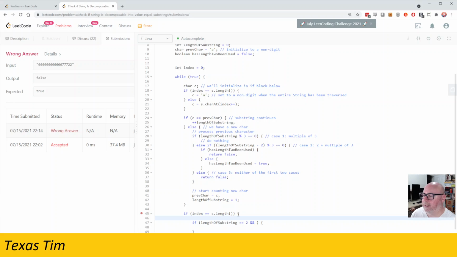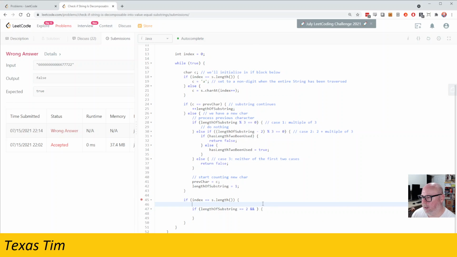So if index is s length, that tells us that we've run off the end of the string. We've passed the last substring. It feels like we're doing another conditional block, which was the whole point of trying to avoid it. Okay, so if we haven't done the has length 2, and we have a 2, then return true. Else, if we have found the length 2 and length of a substring mod 3 equals 0, then